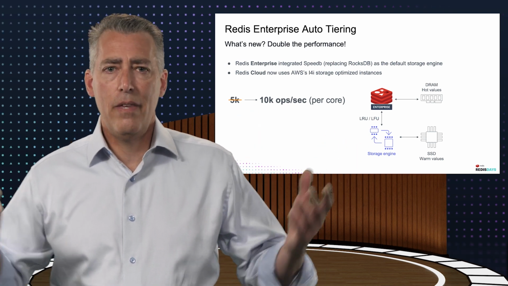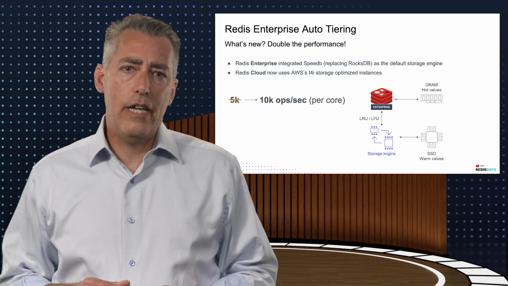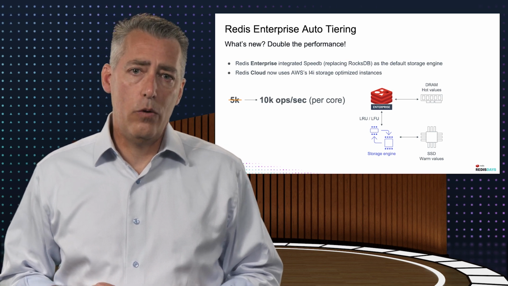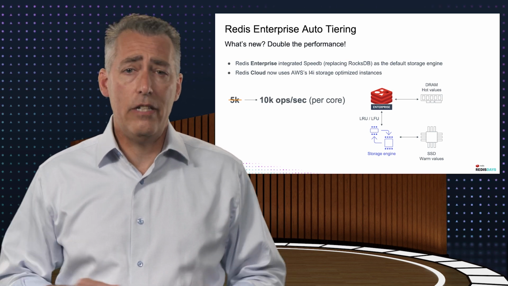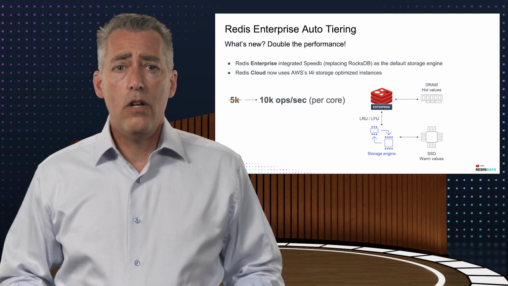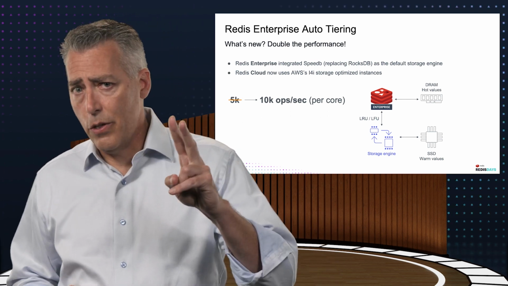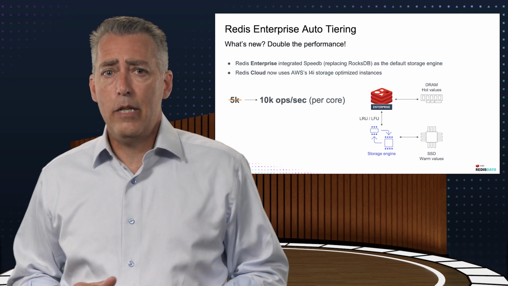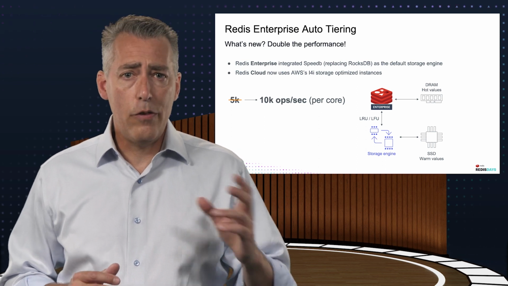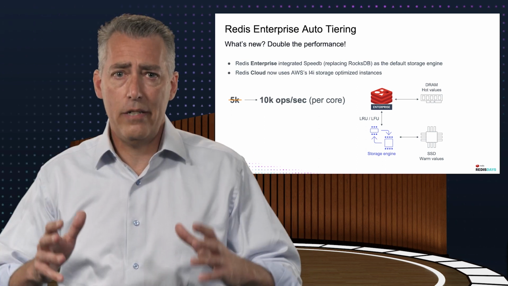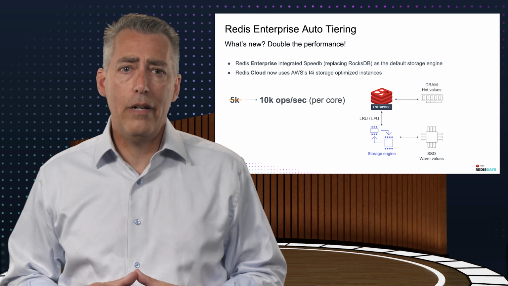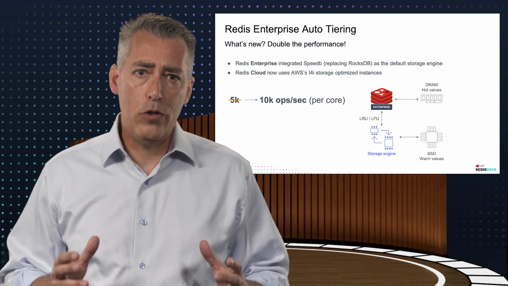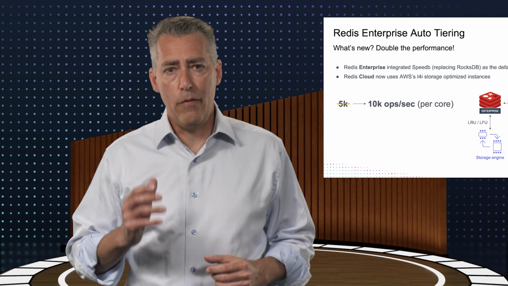So what's new here? What we're delivering in addition to the name change with Redis Enterprise 7.2, both in software and in cloud, is that we're doubling the performance. So for the same cost, you get 2 times the throughput. This certainly expands the applicability of auto-tiering when it comes to high throughput use cases, and we are super excited to deliver this more performant and cost-effective approach for working with large volumes of data in Redis.